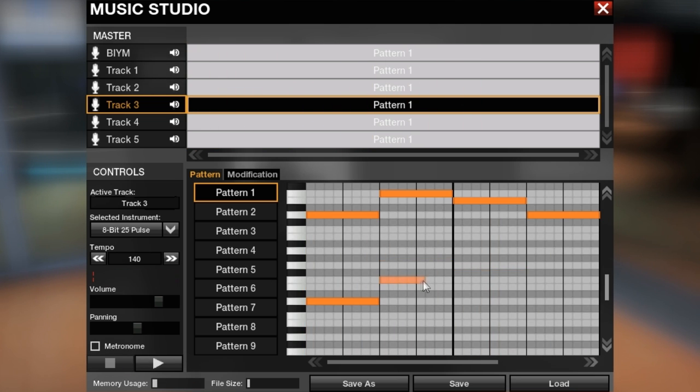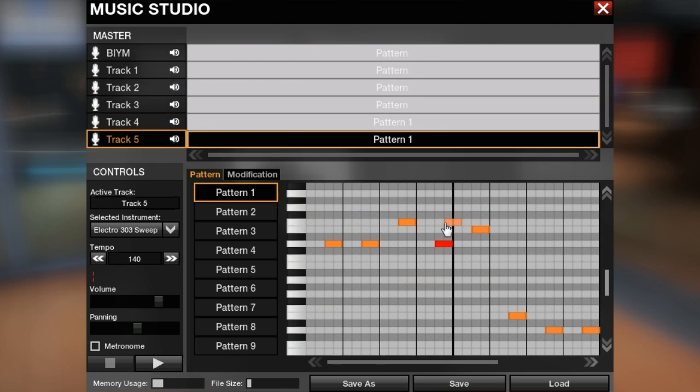So this is good, but it needs more. We want to add another layer underneath this of the same notes to kind of give more depth to this lead. The last layer that I'm drawing up here follows the actual lead line, but it's going to be like a pulse that's going to play over everything else. So,